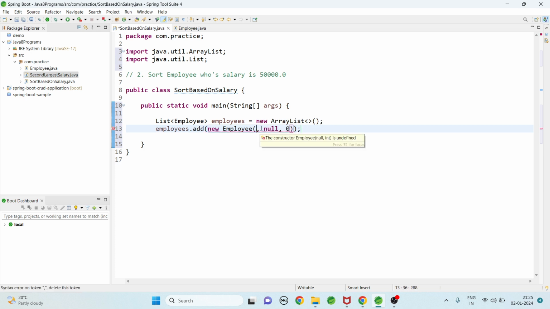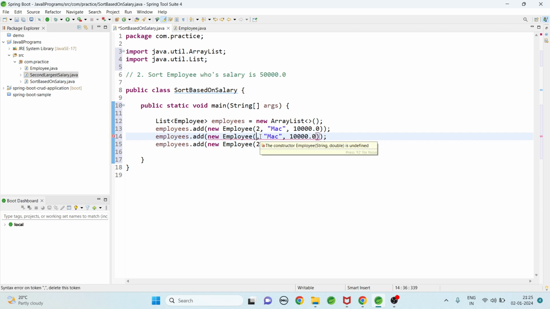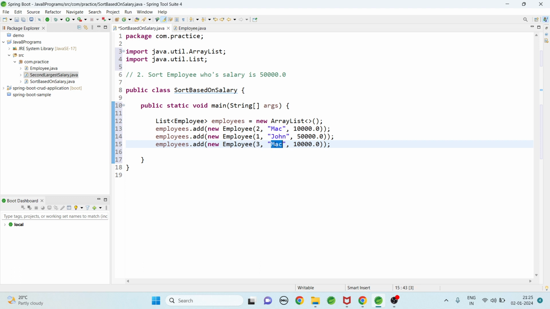Randomly use the name. Second is the ID, name, salary is 10,000. So adding two more records to compare. So ID one, John, salary is 50,000. Salary is